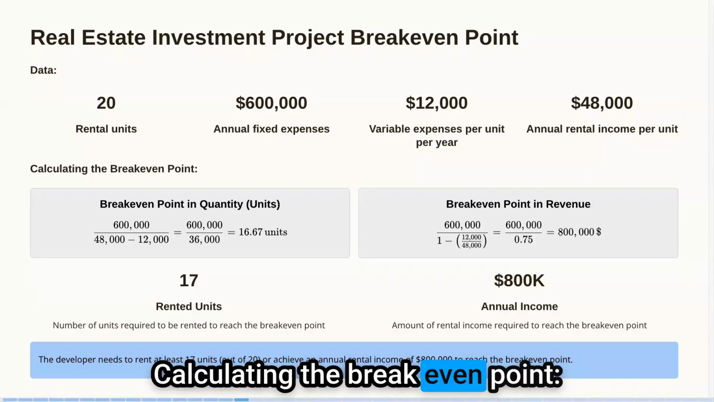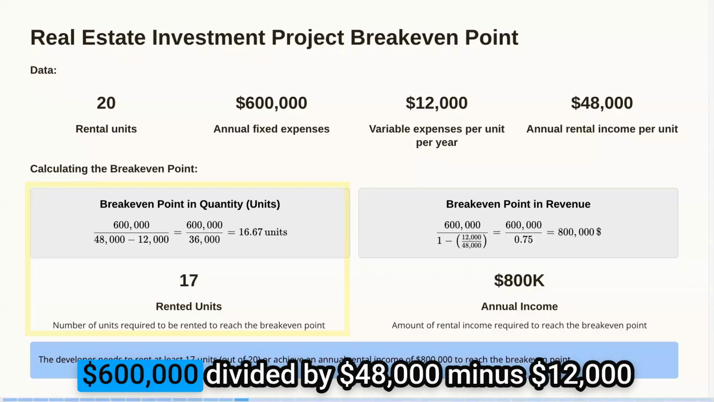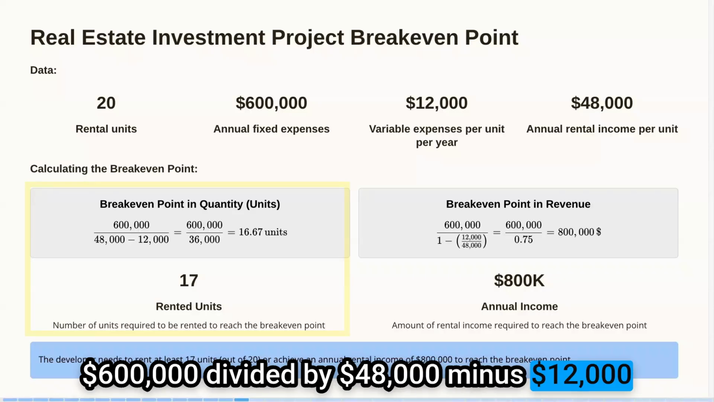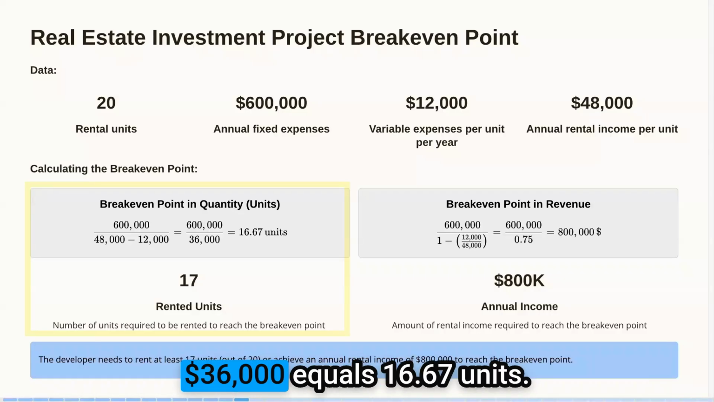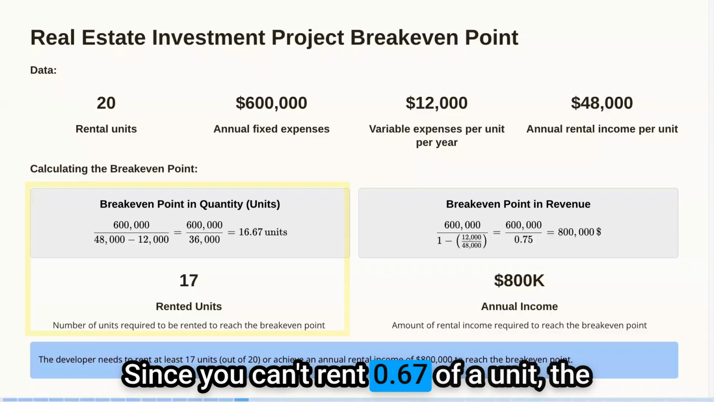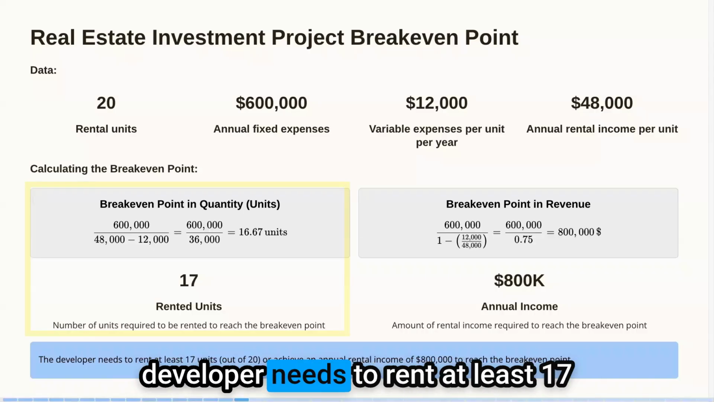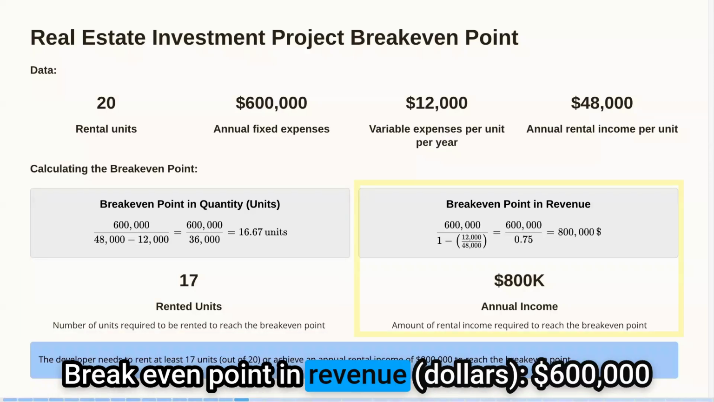Calculating the break even point in quantity units. $600,000 divided by $48,000 minus $12,000 equals $600,000 divided by $36,000 equals 16.67 units. Since you can't rent 0.67 of a unit, the developer needs to rent at least 17 units to reach the break-even point. Break-even point in revenue, dollars,